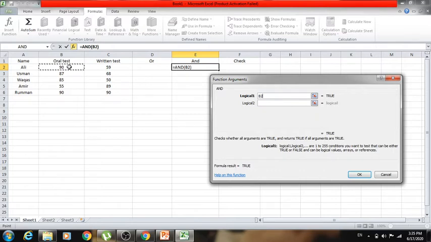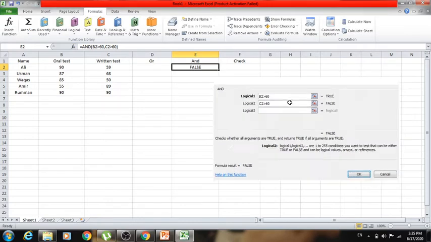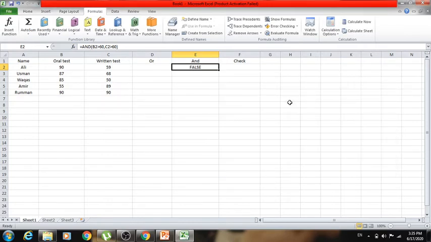Let's say that B2 must be greater than 60. So if it is greater than 60, then what will happen? It will be true. And if C2 must be greater than 60, so what will happen if I enter these two commands? It will give false. False means that you are fail.